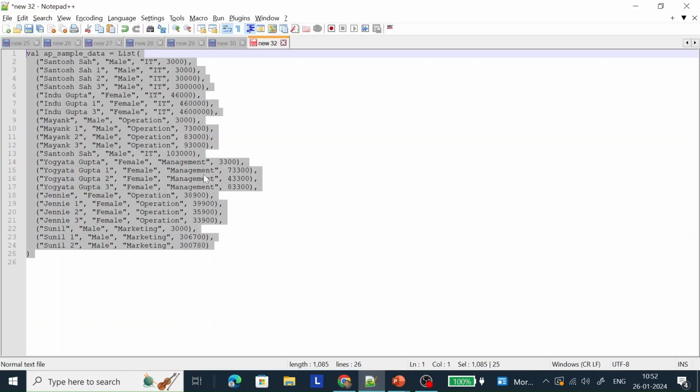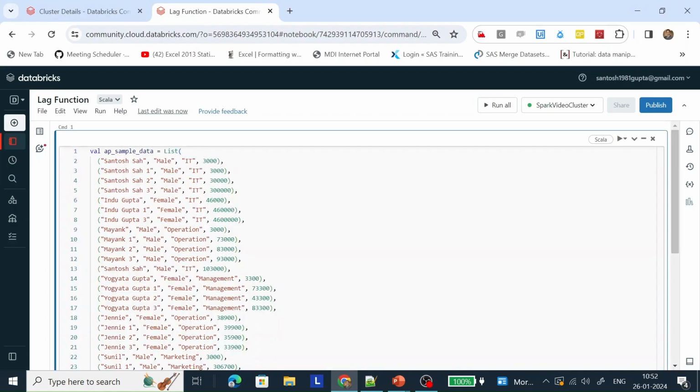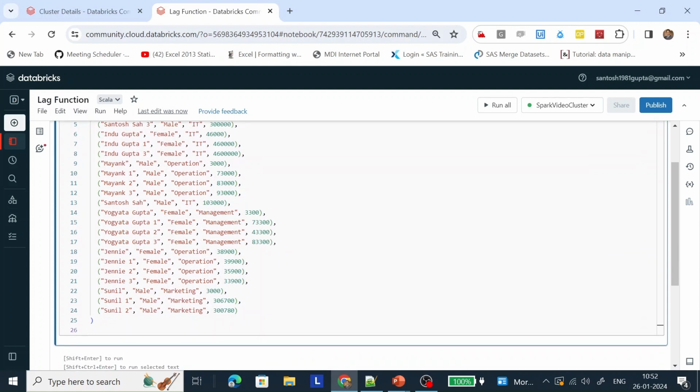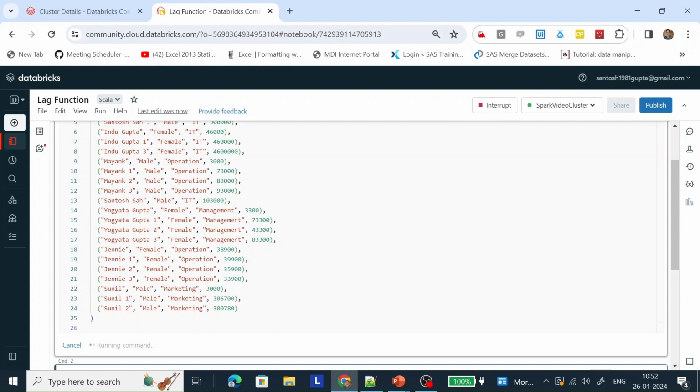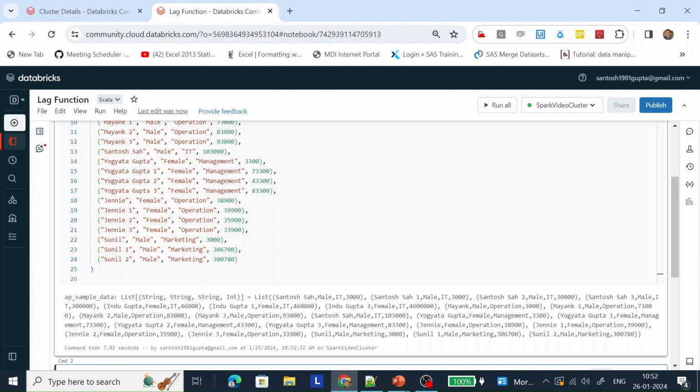So I have created a list variable, which I will use to create a data frame. I have already created it and copied it. Let me create this list variable. This list variable has been created successfully.